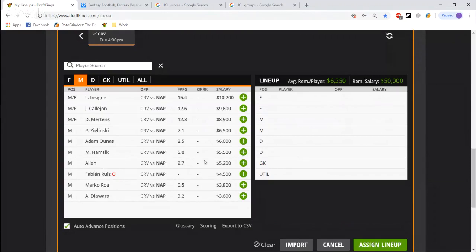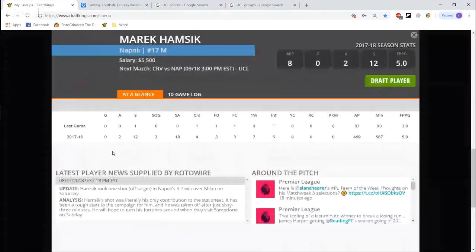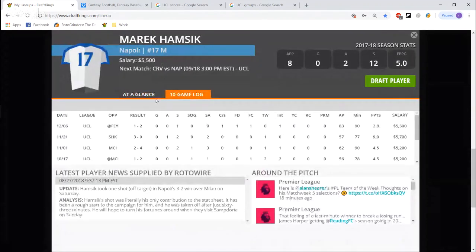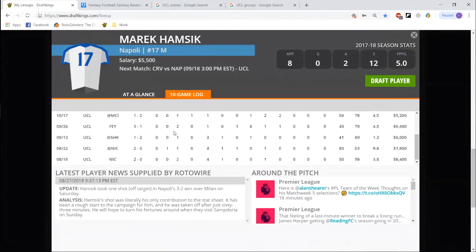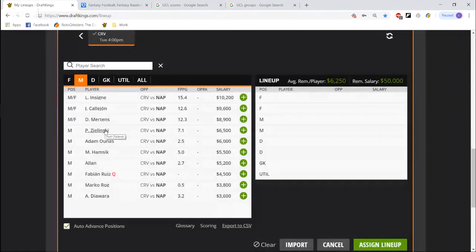Hamzik's the team captain. I like this from 5.5K in GPP. He takes a lot of direct free kicks, likes to take a lot of shots from distance. He doesn't get a lot of shots on net, but in terms of a guy that I really have no issue with in GPP, he takes basically a shot every game and a good one. He's most likely not coming off the field as team captain. I like him. GPP,